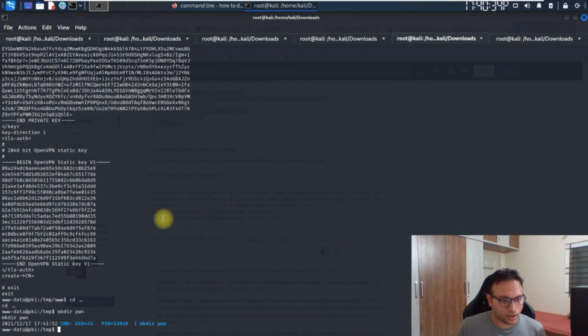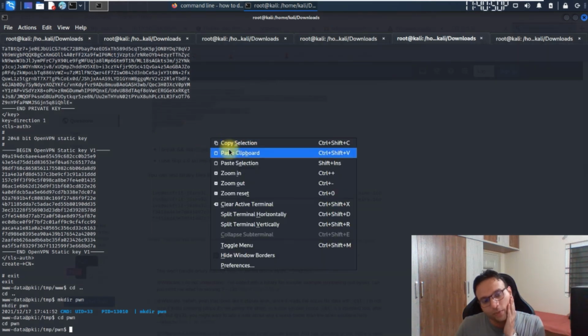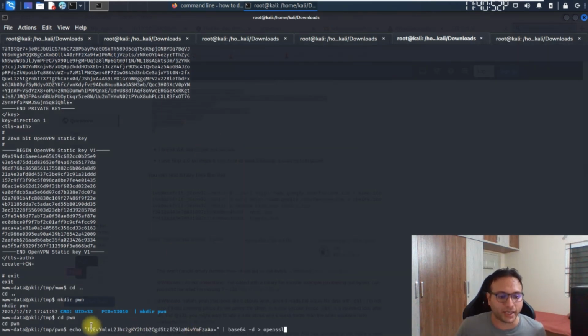Okay, and now what I have to do, cd pune. Now whatever base64 content I'm getting over there, I'll try to make that content into the file openssl once again. What I mean by that is, this content is converted and we are making it a file, openssl. Whatever content we have, we made it base64, now we'll just reverse it and make it that file once again.